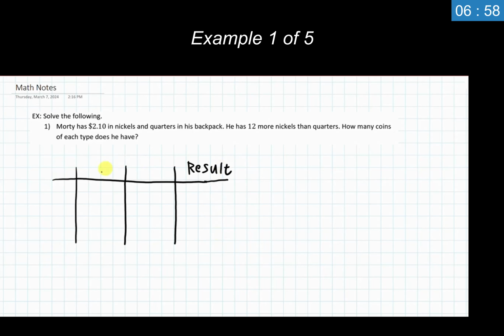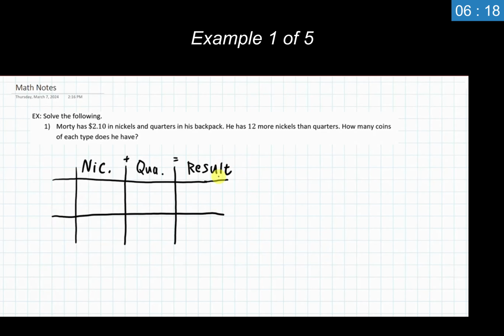Now we have 2 other things that we need to fill in here. What are the things that are mixing together? Well, I'm mixing nickels and I'm mixing quarters. We'll dive into more specifics about these and the result in a second, but we have nickels and quarters that are mixing together. So I'm going to go ahead and write those in, just shorthand here. But you want to write in nickels, quarters, just so we know nickels mixing with quarters. Some people like to put a plus here. Equals my result. So now I want to dive into some specifics regarding nickels, quarters, and our results here.